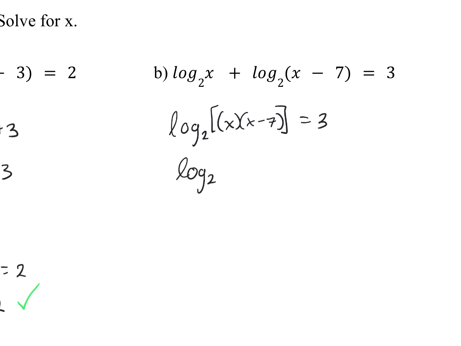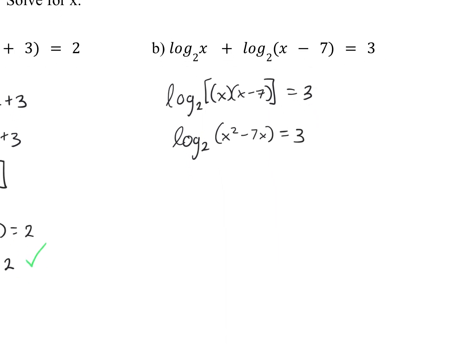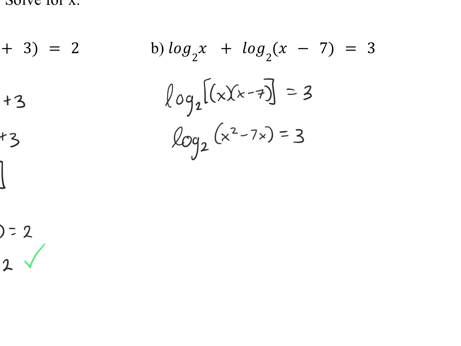So this would be x squared minus 7x equals 3. So now I can kind of just pick up where I started in the last example. We can just rewrite this in exponential form. And here we actually have a quadratic equation. So we're going to want to set our equation equal to 0 so we can solve. This one we can solve by factoring,